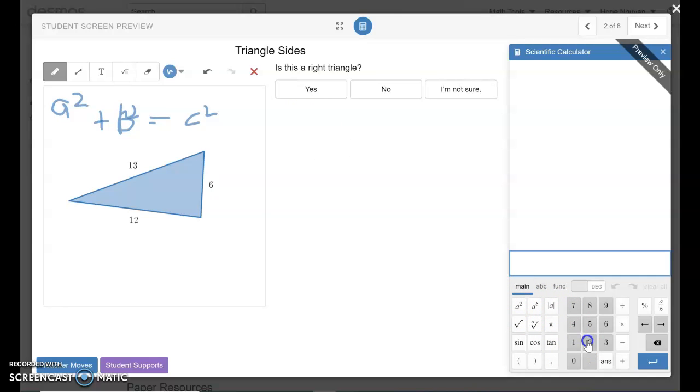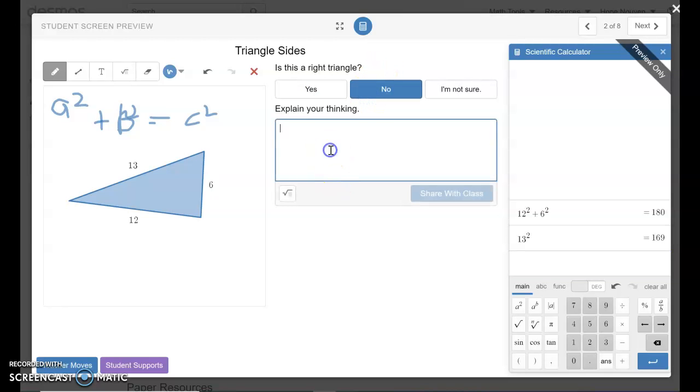And they can do 12 squared plus 6 squared is 180. And they know that c squared is 169. So you can say, this is not a right triangle. So you'd say, no, not a right triangle. Explain your thinking. Say,